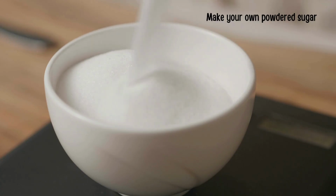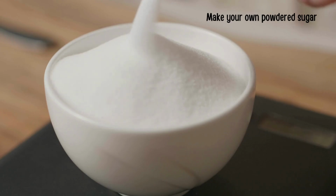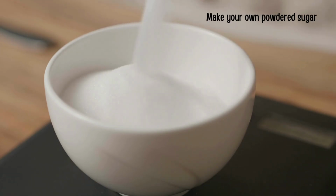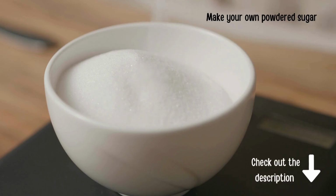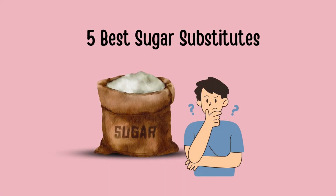It's so easy to make your own powdered sugar at home. Store-bought powdered sugar is usually made out of super refined sugar and mixed with cornstarch to prevent caking. You can leave the cornstarch out of your recipe and use powdered sugar that is less processed. You can check out the description for a full article which includes some great recipes and also some recommended products that are healthier. However, instead of using powdered sugar, there are 5 great sugar substitutes that you can use in